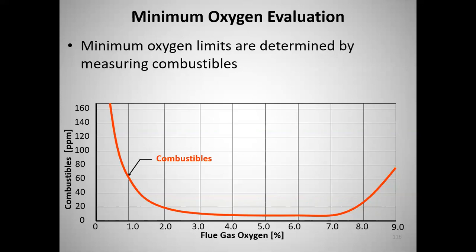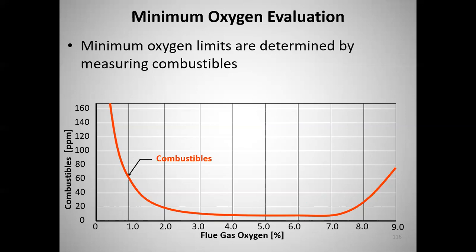And so it'll tell us. So you see flue gas oxygen percent down on the bottom. And then you see combustibles. Well, if I have too little excess, I'm not putting in enough, I guess I'm burning rich because I've got more fuel and I don't have enough air to burn it. And so my combustibles go through the roof. Look at the parts per million. At 1%,